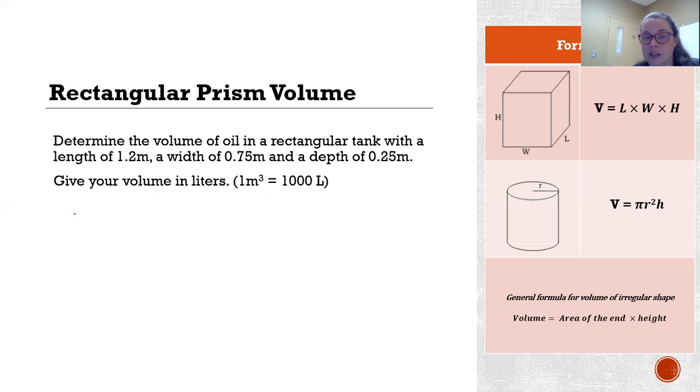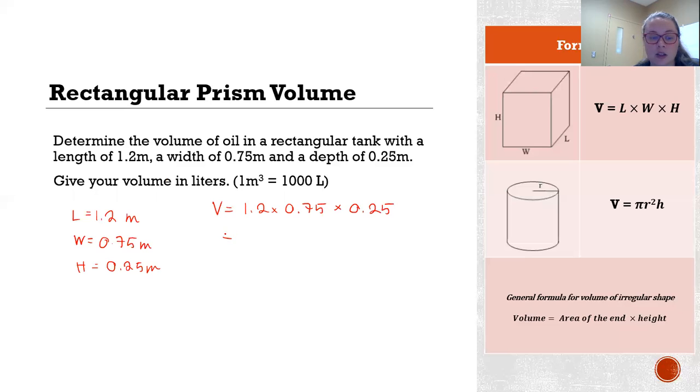So to do our formula, we have length, width. Now this is a little trick that I was given when I did physics. I'm going to call depth as height. When I did physics, we would always pull our units out and write what was given using variables and put them in our formula that way. That might be helpful for some of you. So plugging it into our formula, the volume is 1.2 times 0.75 times 0.25. In total, that gives us a volume of